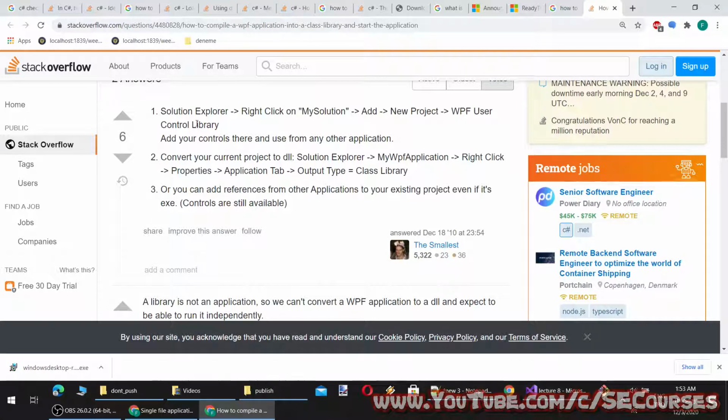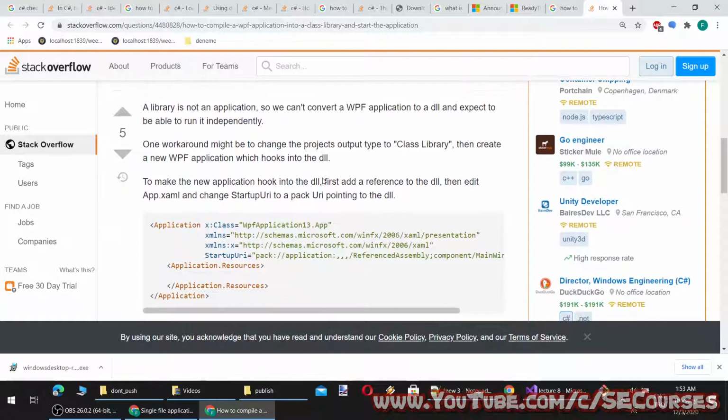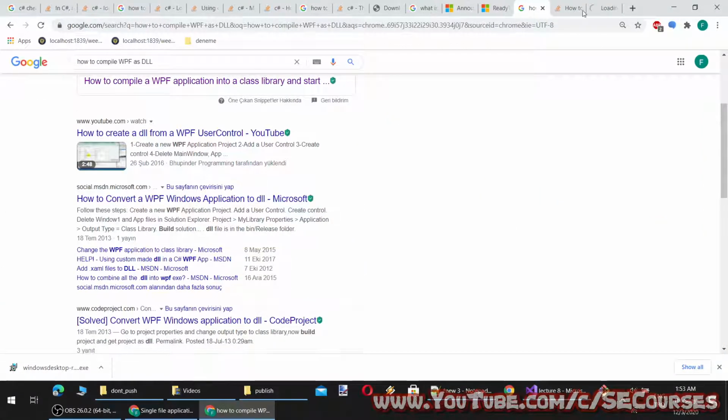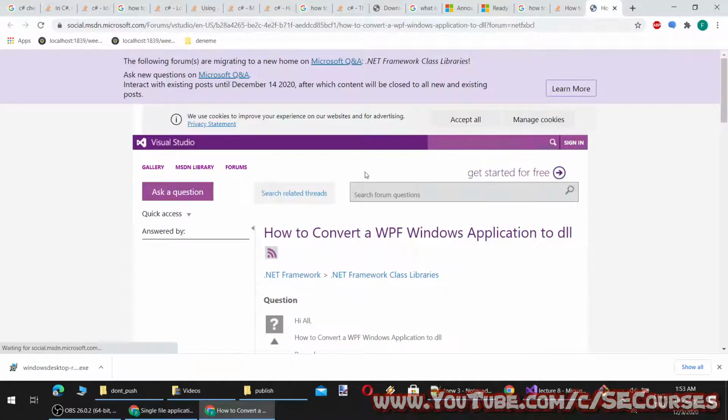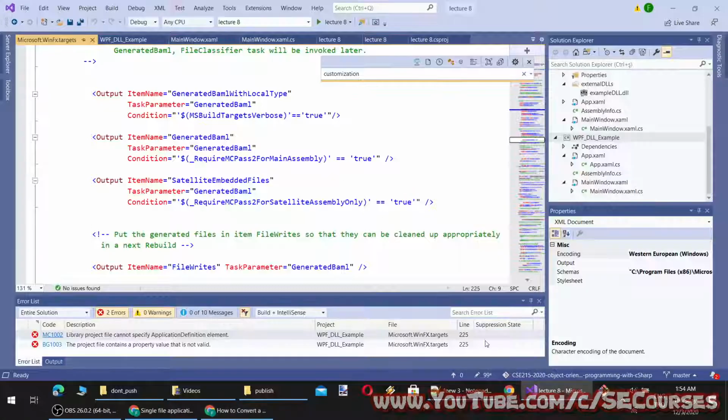WPF user control library. Oh, I see. Perhaps this can work.